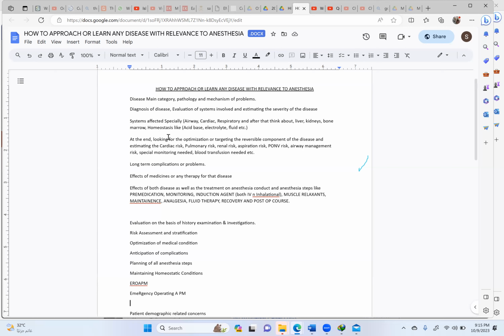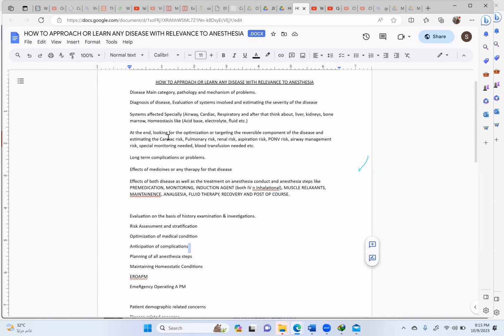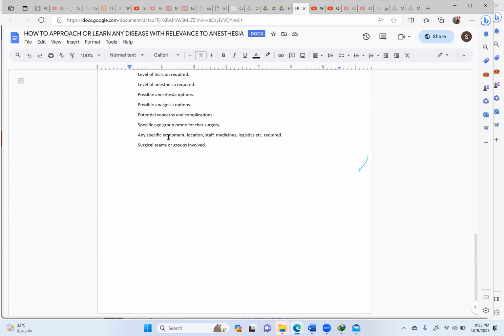Yes, you can tell, but don't make it too much on your head. Wherever it is possible to tell in the form of pre-op, intra-op, post-op, you tell, it's good. But if it is not, don't overstretch yourself. Okay. So this is how you should be looking at all the diseases. And I would be very happy if you make your own paper for all common diseases like that. Okay. And one more thing which you should know,